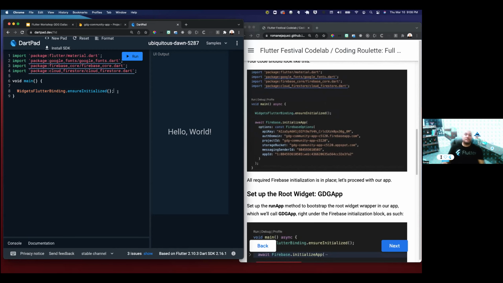Then inside of this method, right underneath it, you need to add a chunk of code that will connect to the Firebase connection. It's kind of like the connection string. So the way that you do it is creating an await. You say await Firebase dot initialize app. And I'm going to be dropping this just right here so that you guys can leverage this